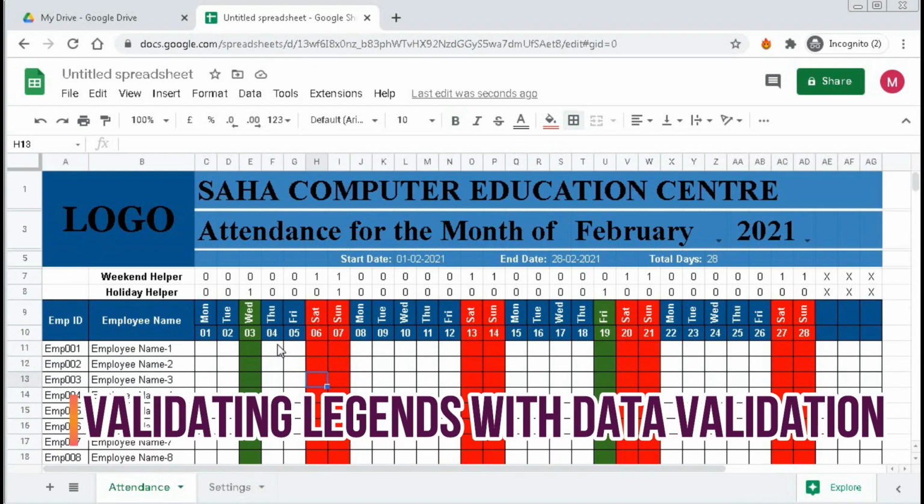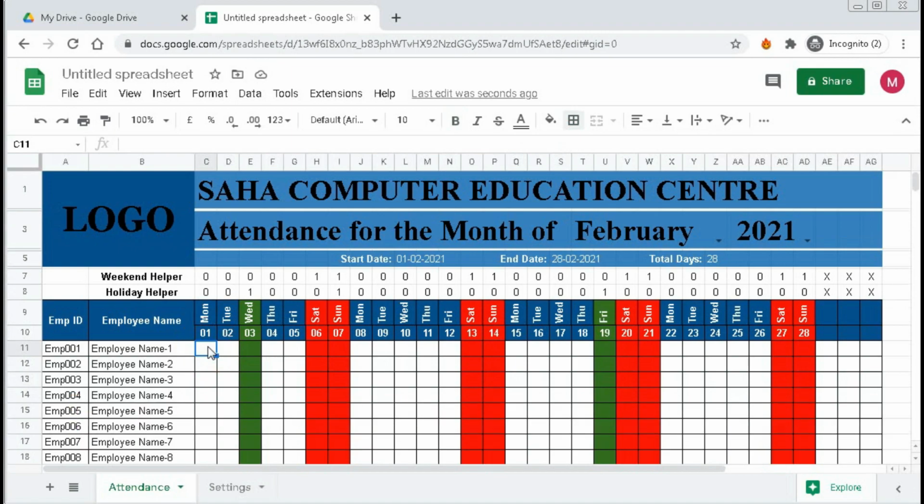Now we have to create the legends. So we have to restrict the values in this area. So for that we have to use data validation, so that we cannot use any value within holiday and weekend, and we can only use selected legends on these working days. So for that, we have to use a custom formula in data validation.